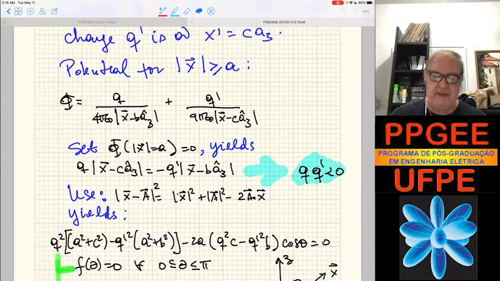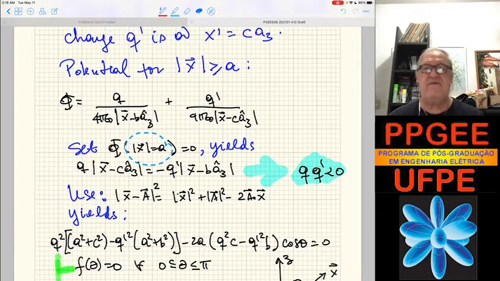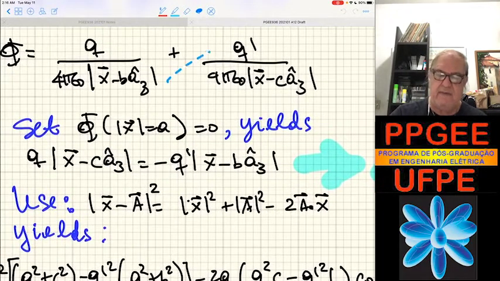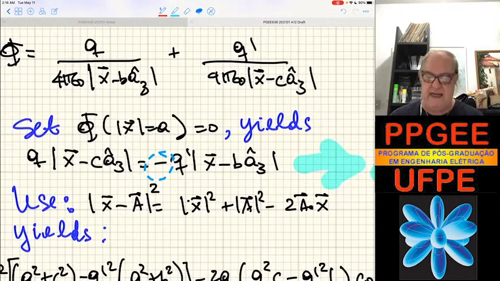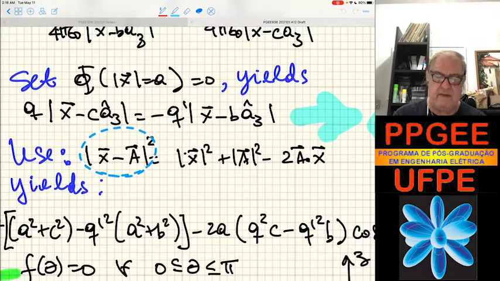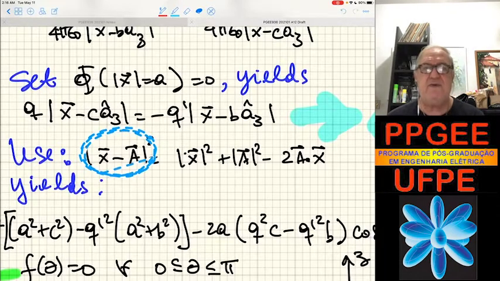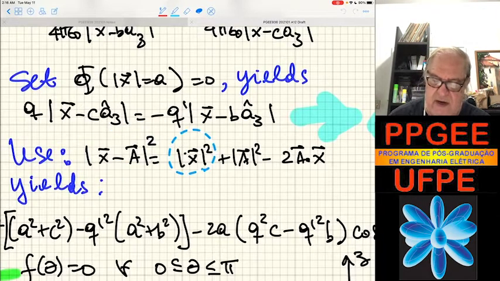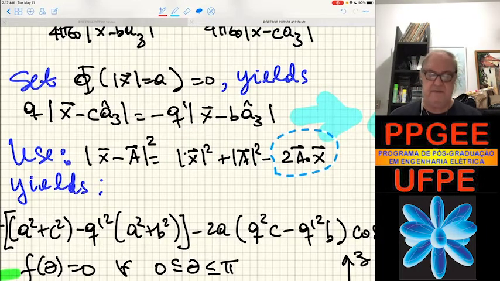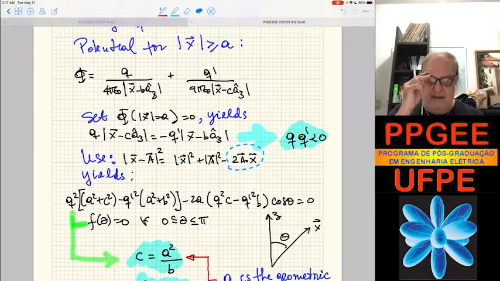So if we set the potential at magnitude of x equals A to 0, then playing around, cross multiplying here, and moving one of the terms to the other side, okay, so we have that calculation. Magnitude of the difference between two vectors is the square of the first, square of the second, and minus 2 times the dot product. Then when we do that,